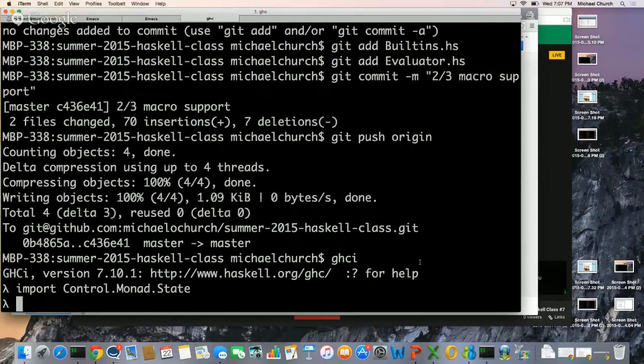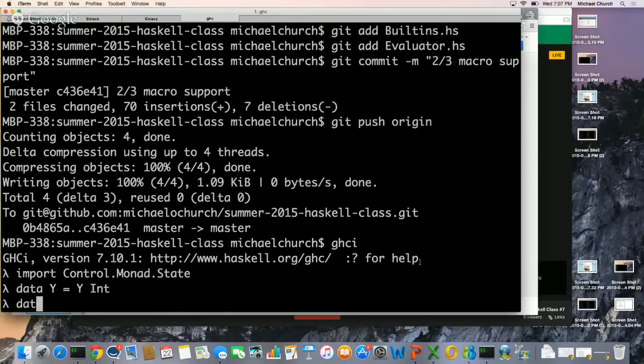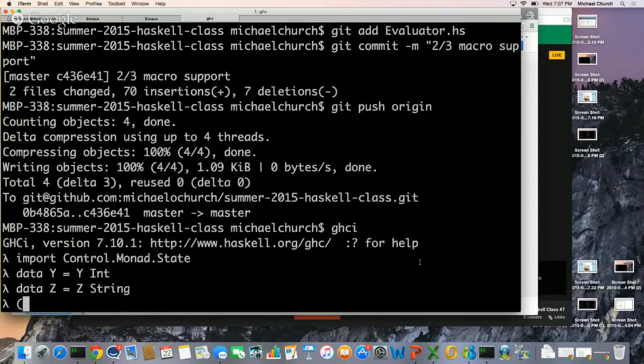What I think you're talking about is, for example, if you have state Y and state Z, and something in this monad, you can't use get, because get applies to a general state monad, but you sometimes want to get your Y and sometimes your Z. So I think you'd first specialize, but what you'd have to do